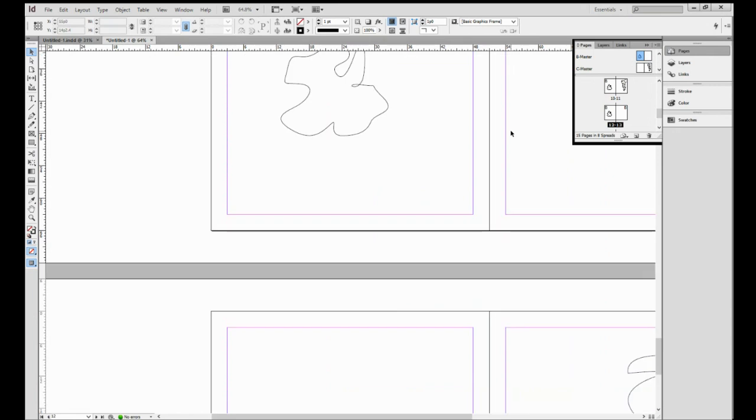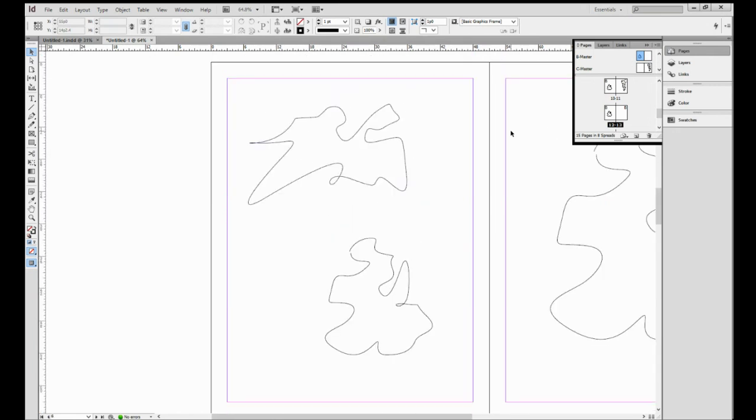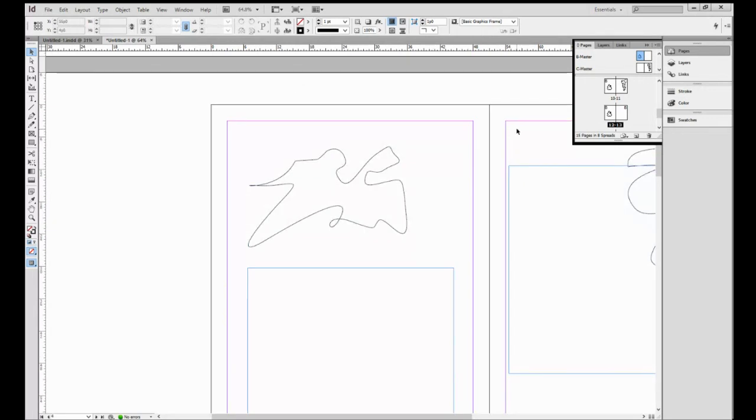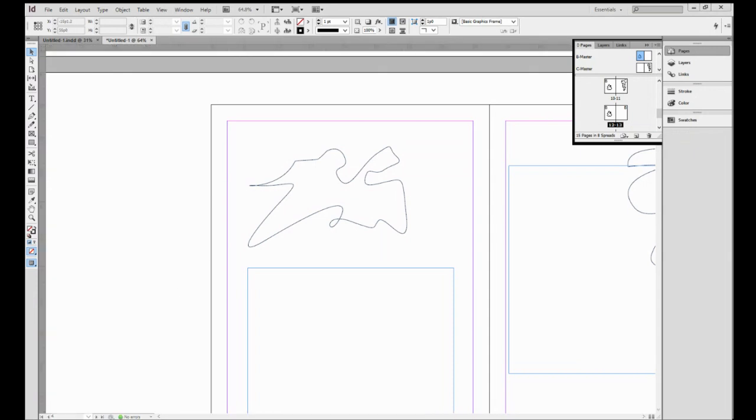Okay, so the idea I really want to get across today is the difference between master pages and pages in the document, which I think that we have pretty well explored. There is a sheet